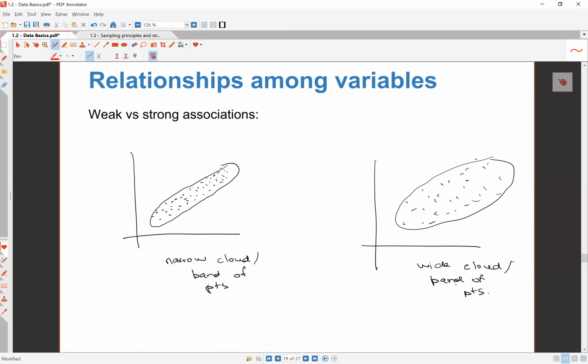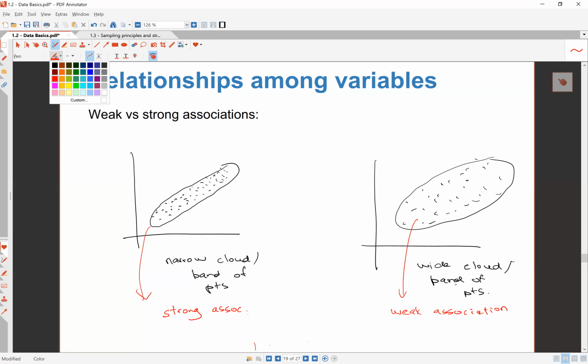If the cloud is narrow, that tells us that there is a strong association. If that cloud is wide, that tells us that there is a weak association. Because where does that come from? If we visualize again